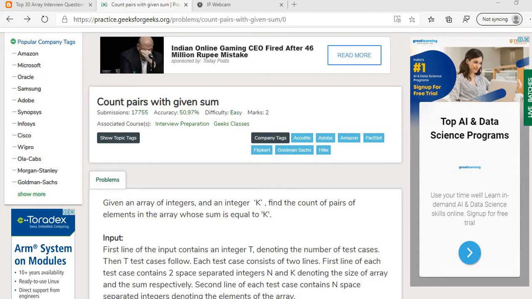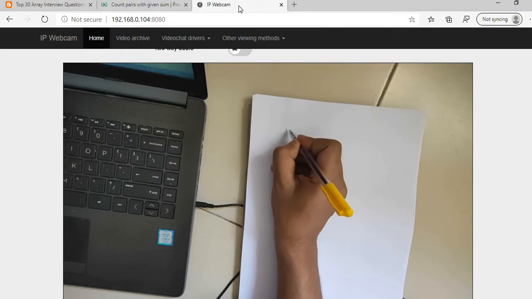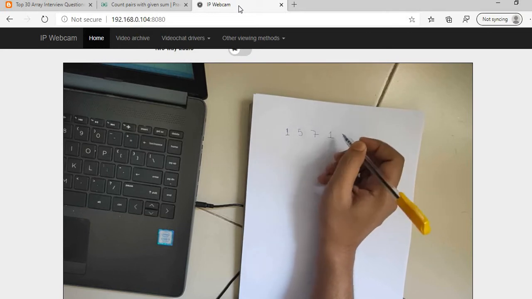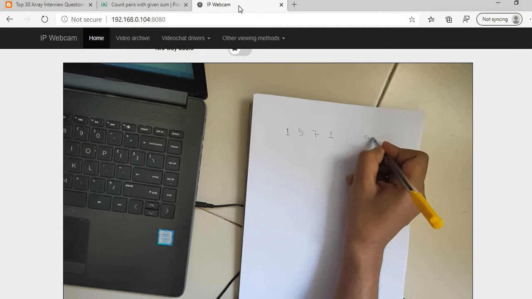So we have to return the number of pairs whose sum is equal to k. So how do we solve this? Let us take an example. For example, I have the numbers 1, 5, 7 and 1. I have an array of 4 elements and the given sum is 6.